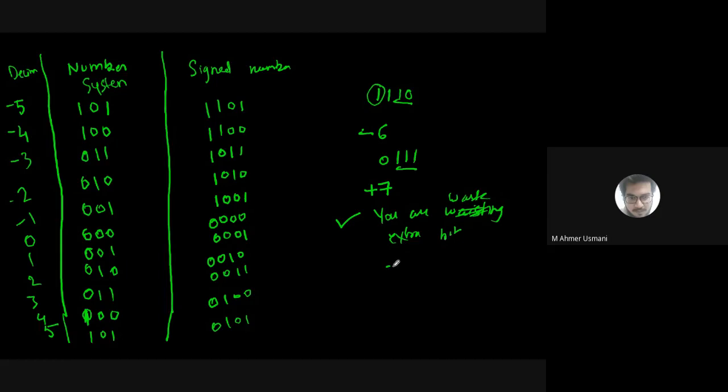अगर let's say मैं 3 bit का नंबर सिस्टम यूज करता हूं, नॉर्मल नंबर सिस्टम में आई कैन हैव 2 raised to 3, यानी कितने नंबर हो जाएंगे? 8 नंबर्स को आई कैन रिप्रेजेंट. Everybody agrees? लेकिन अगर वही मैं साइन नंबर्स में 3 बिट यूज करूंगा तो 1 बिट आपका साइन में जाएगा. अब 2 ही बिट बचा. 2 बिट का मतलब, आई कैन रिप्रेजेंट जस्ट 4 नंबर्स. आर यू गाइस गेटिंग इट?